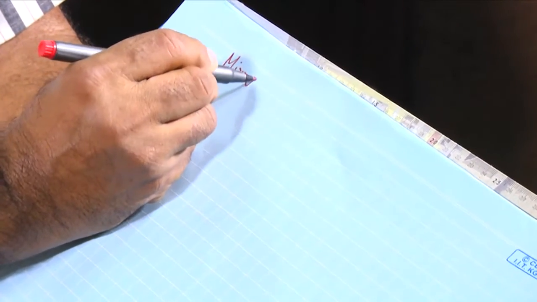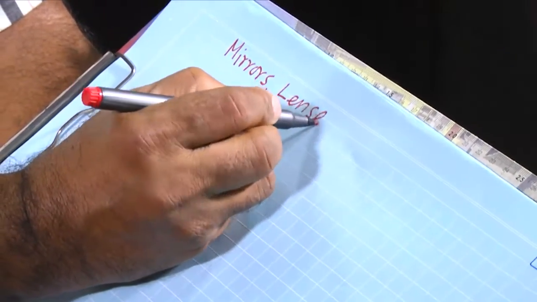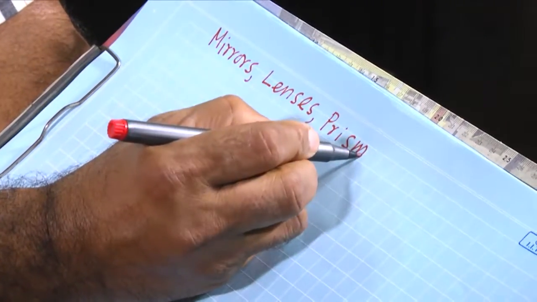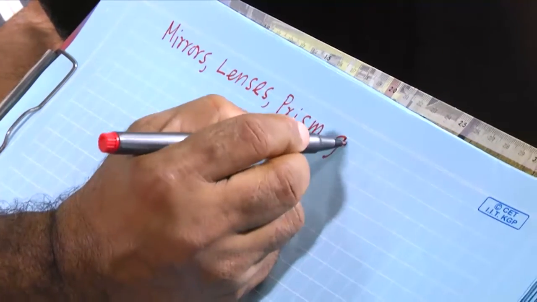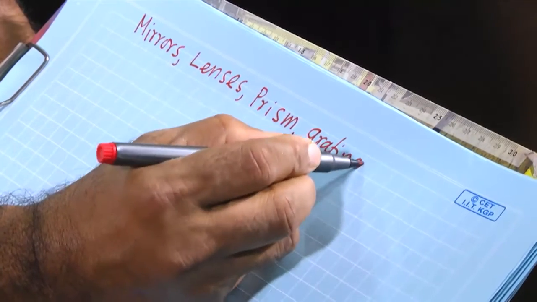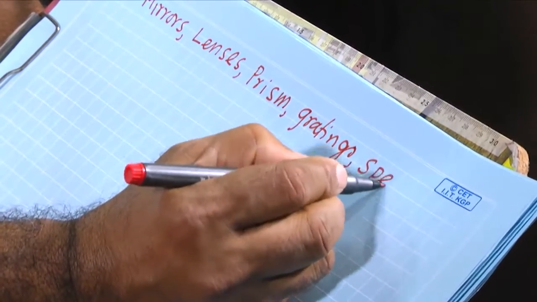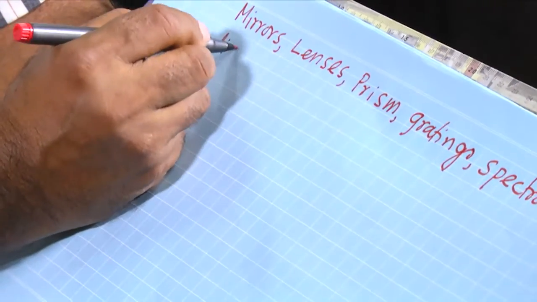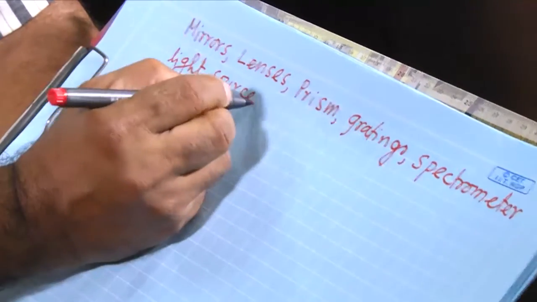mirrors, then lenses, then prism, then you can say grating, gratings, then spectrometer, then light source, also you need a spirit level,